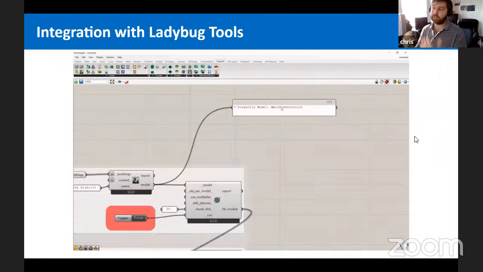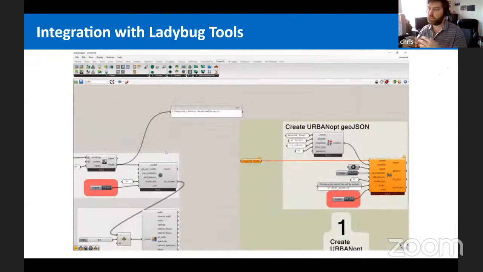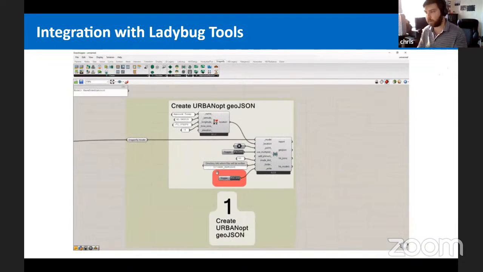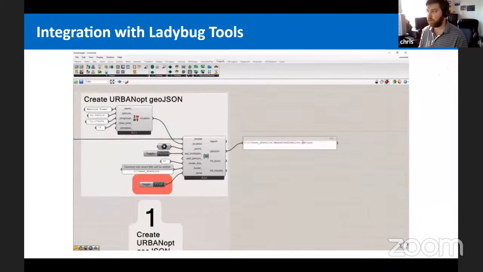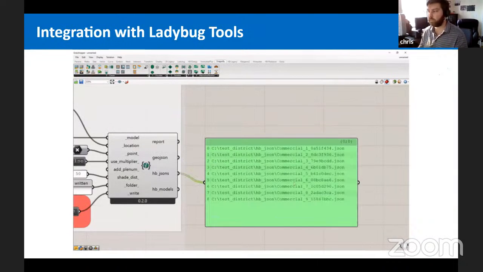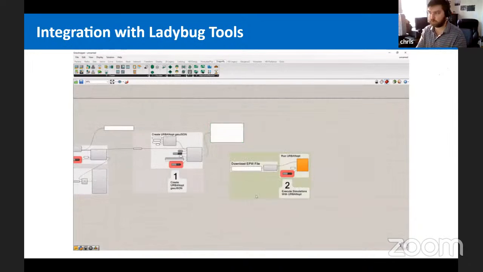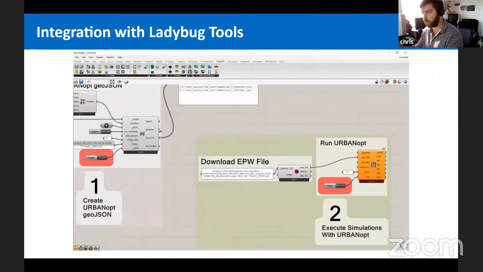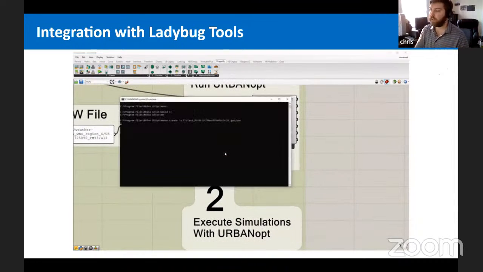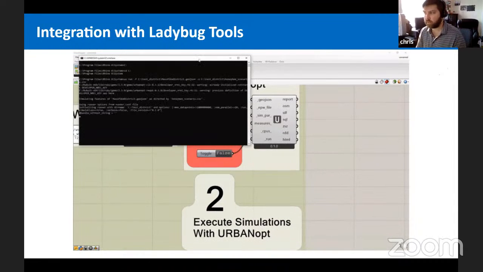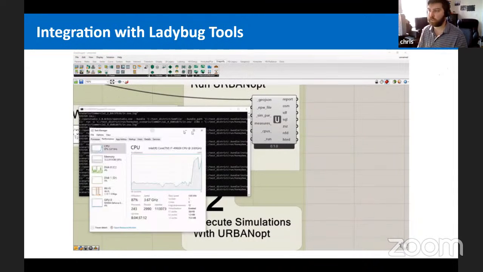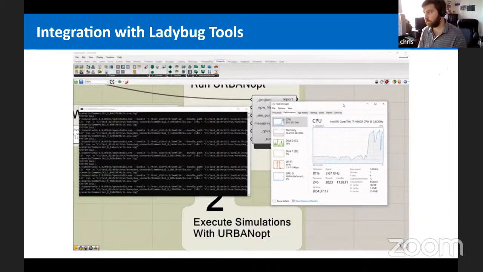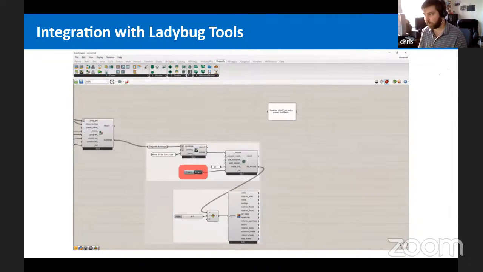Just to give you a sense of how it simulates. Once you combine all those buildings into a single Dragonfly model, that can be exported from this component to an URBANopt compatible GeoJSON file, which you see here. And that GeoJSON contains links to those individual Honeybee models, which each individually get mapped to an OpenStudio EnergyPlus model. And by simply connecting the GeoJSON to this component that executes the URBANopt CLI, you'll see it will start to run each of those buildings in parallel. You see the CPUs on that machine bumping up there.